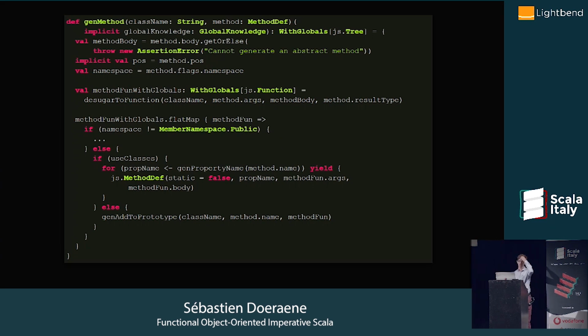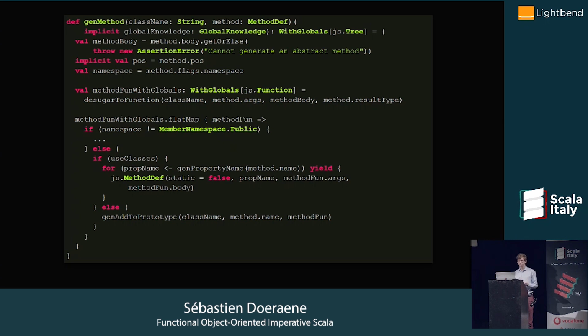So I have this gen method function that takes an IR method definition and returns a JavaScript tree for the code of that thing. But the problem is, while generating the method, I need, of course, to produce the resulting JavaScript AST. But for non-obvious reasons, I also need to track and record all the JavaScript global variables from the global scope that I'm going to access from that method. And this is annoying to track everywhere.